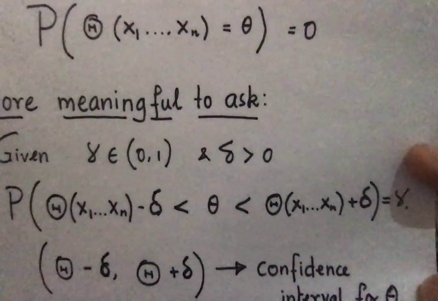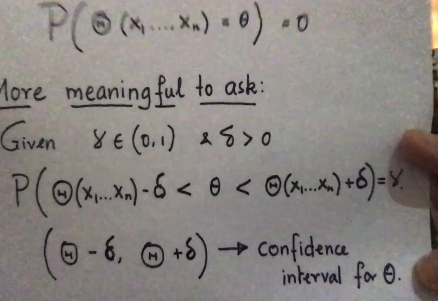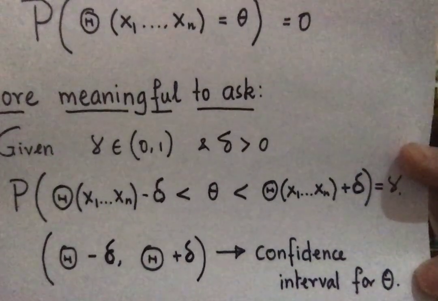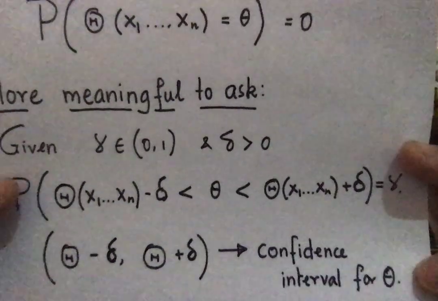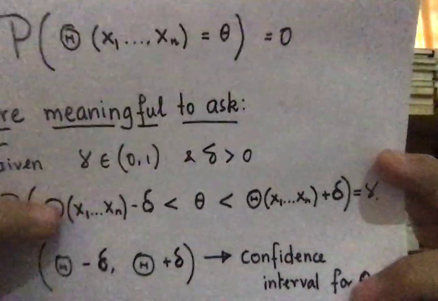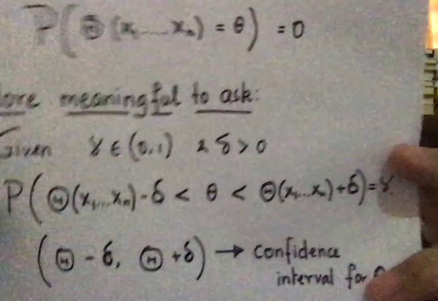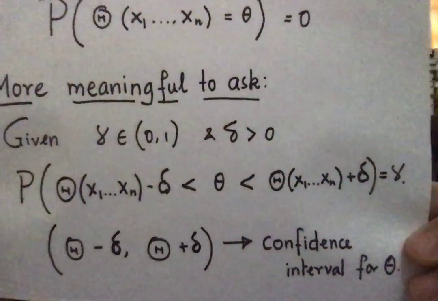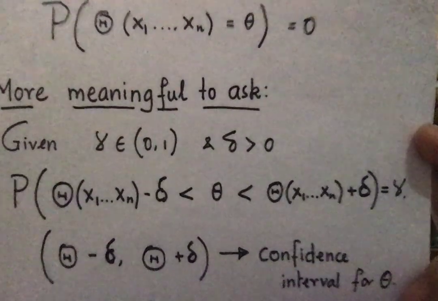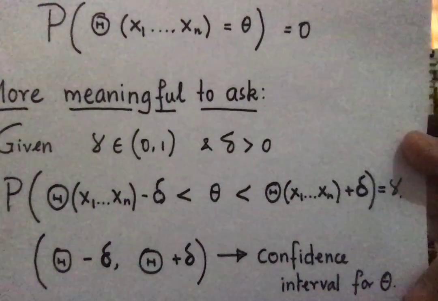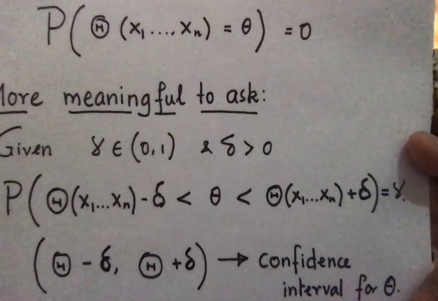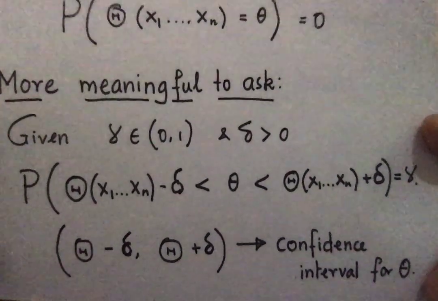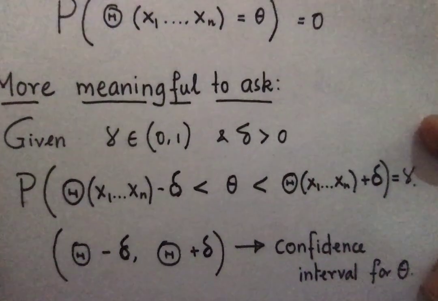For that particular sample you will know what range it is lying in. But when you compute probabilities, you compute the probability using a random variable. So this is the random variable, but theta is unknown. I am just asking the question: given a gamma, possibly pretty large, and given a delta which is reasonable, I want the probability that theta lies between these two,